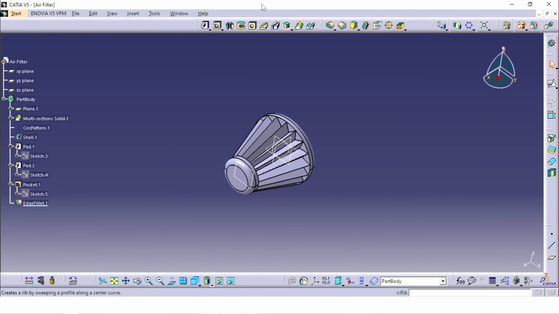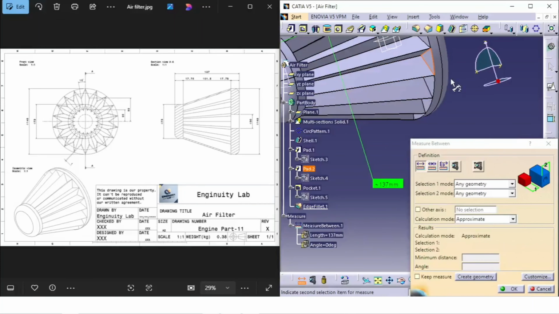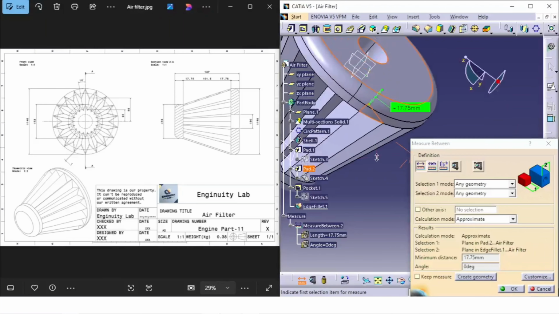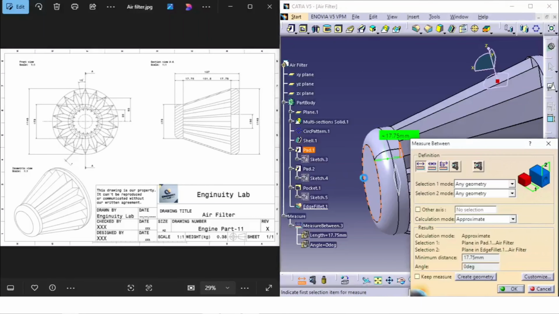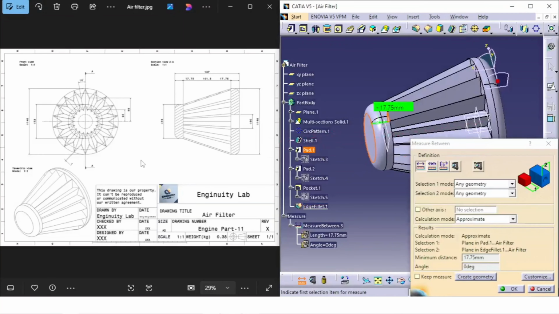Okay, next this face to this face 17.75. Same way this face to this face 17.75, and also check the other dimensions like the diameters. This one radius 70, that is 140. This is radius 36.5, that is 73, and this radius 15. Okay, so